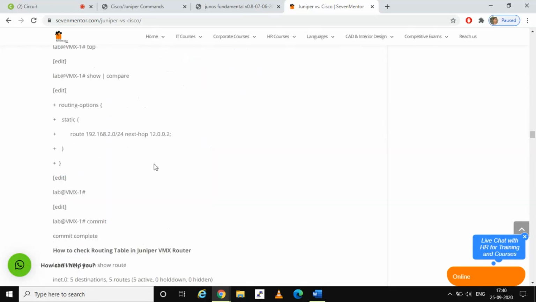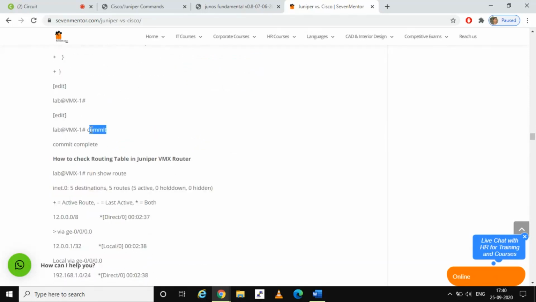We can directly see the static command executed. Then we can save and exit via the commit complete command.